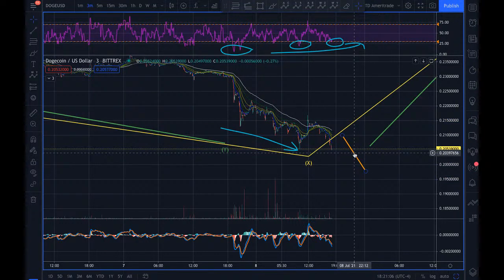If it keeps making that pattern, it could drop down a lot more and then make that pattern, but we're going to see some kind of a 3-wave pattern,